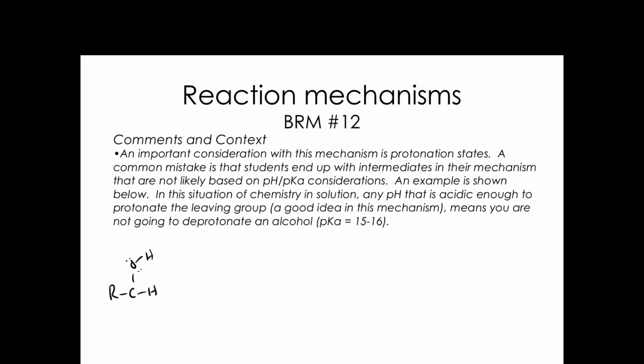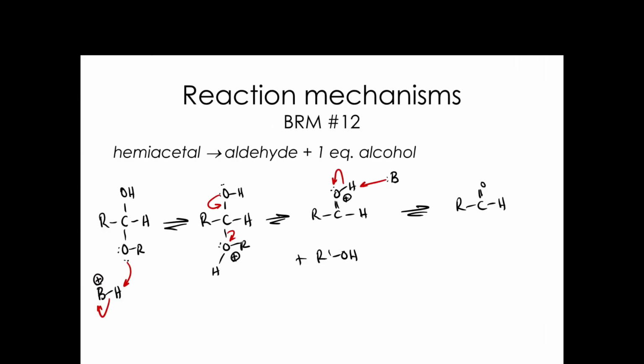We're going to have this OH group here, and we're going to have a leaving group that has been protonated. So this looks very similar to what we had on the prior page, but sometimes what students will do is they'll try to have this happen in a stepwise fashion, where we know that we want to have electrons come down here, but rather than having them come down in a concerted step like we had right here,